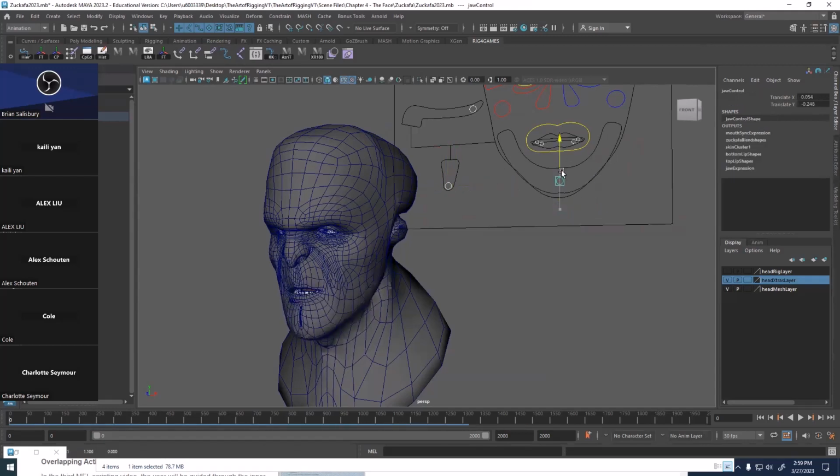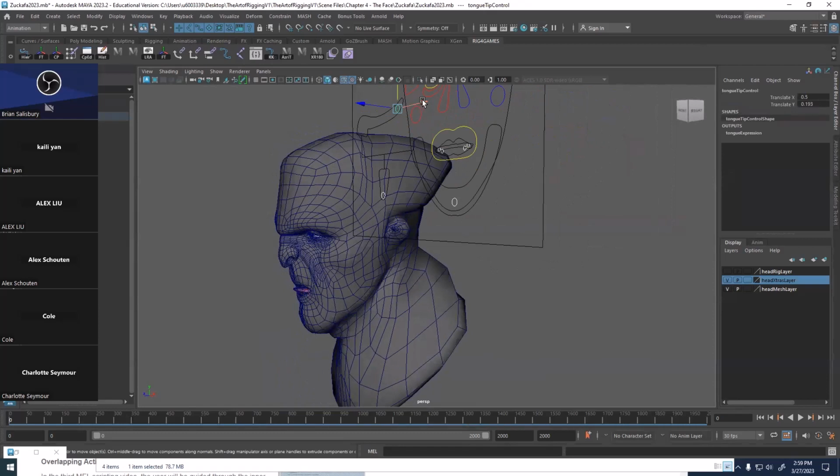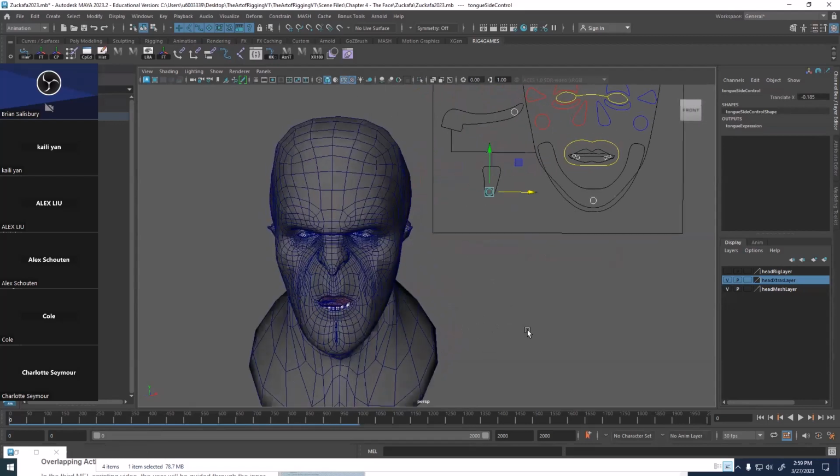I guess you have to. Well, that's weird. Does it move up? Oh yeah, it goes up. So we can stick his tongue out and then you can kind of. You know, so